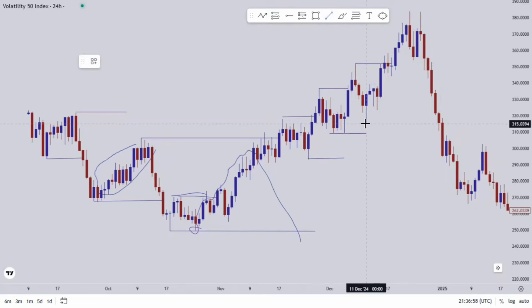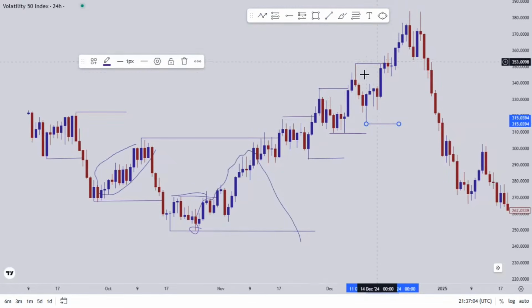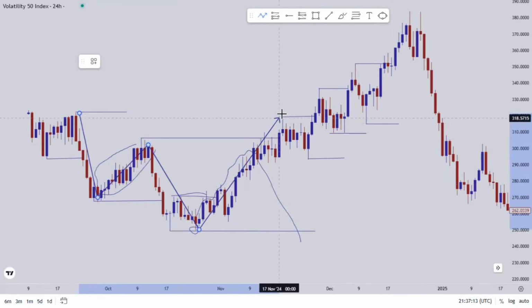What do we call this? Is this a valid higher low? Yes. Why? Because it broke above what? This structure. And you can see this is how the trend started creating. A push, a pullback, a push, then a change of trend, a pullback, a continuation, pullback, continuation, pullback, and this